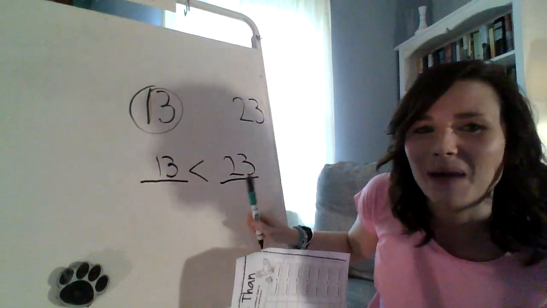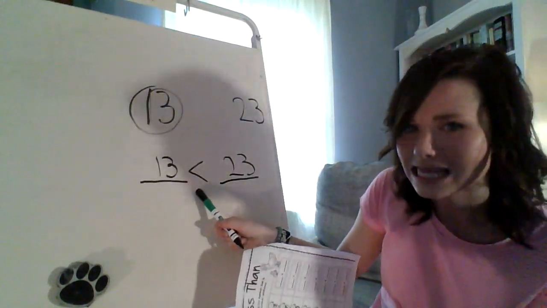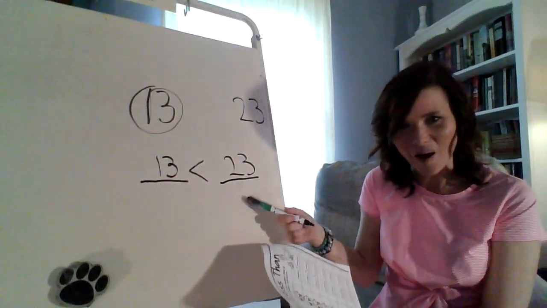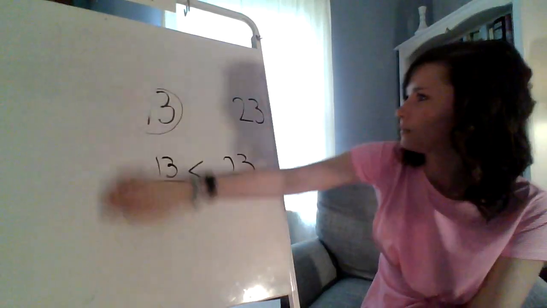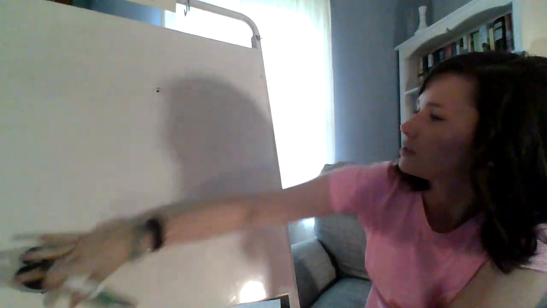All right, let's read this back. 13 is less than 23. Nice job. Nice job. All right, let me erase that. We can do another one on this page. We'll do the next one so you have an understanding of what to do. All right, the next two numbers are